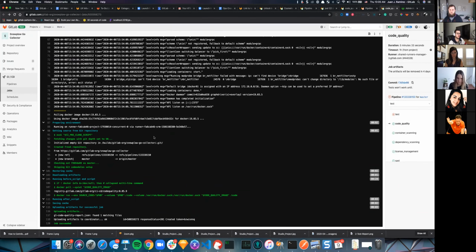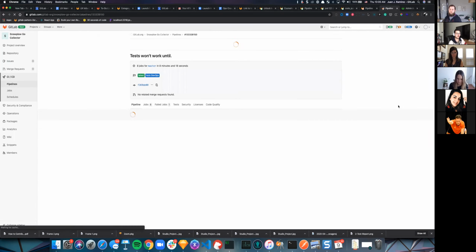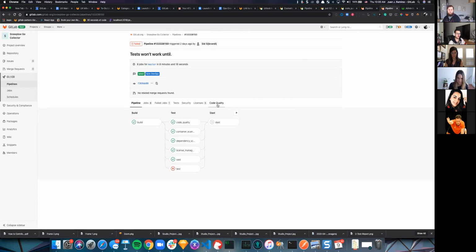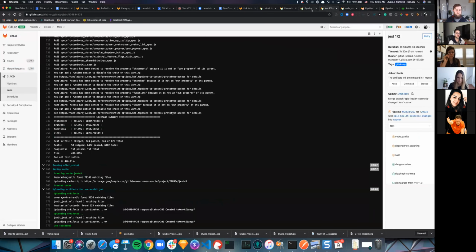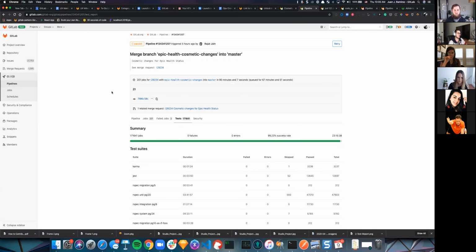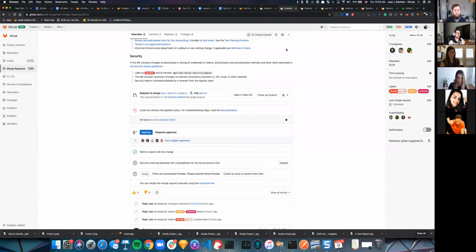It happens that if you want to see your code quality results, you have to go to the pipeline view, and then the code quality tab is there, and you see it here, right? So basically what's happening is that many things are combined and are finalizing this pipeline page, but I don't think there's a clear path to reach this page. I wanted to show something here.